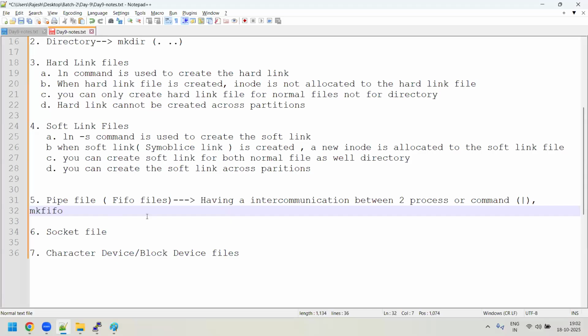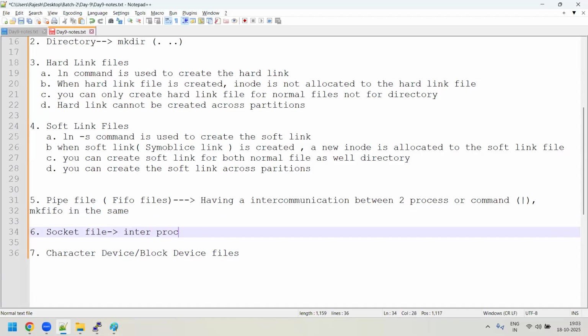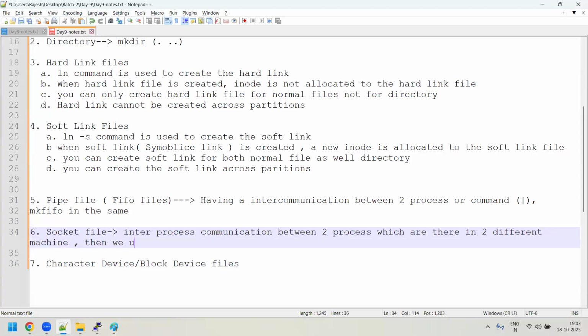So here what happened: when you're doing inter-process communication between two different processes or commands in the same machine, you can use the FIFO file. Suppose you're doing inter-process communication between two processes which are in two different machines, then we use a socket file.